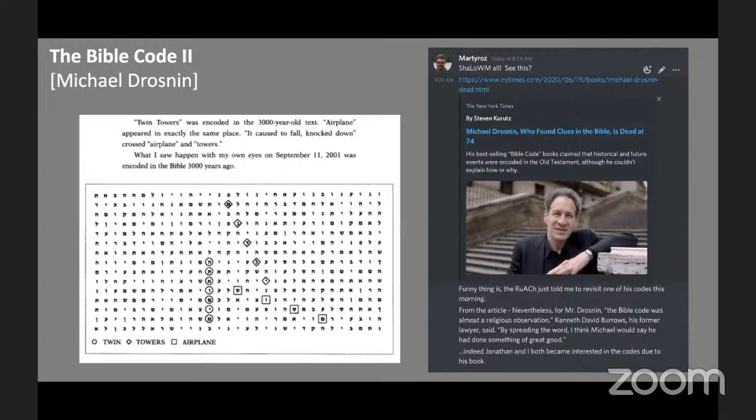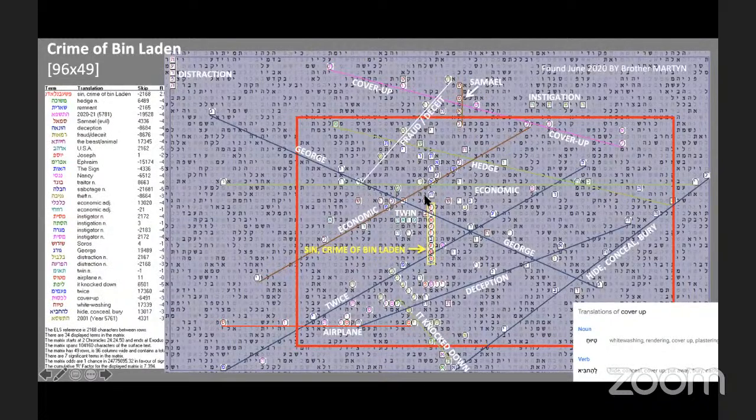And of course, as we say, when we're looking at these statistical anomalies in these 1,000-year-old books, you can reproduce it. So it's very accurate, because you can take his term, this vertical one right here, sin, the crime of bin Laden, and the other terms, and find the table. So this is the table, sin, the crime of bin Laden. It's actually a little bit dense, so I'm zooming into the part in the red square.